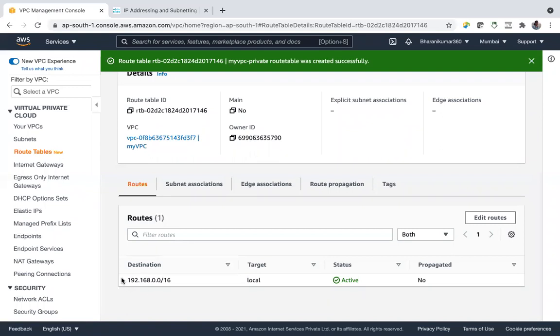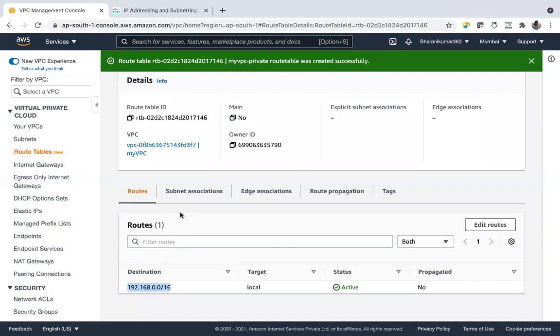By default, this route will be there. Without this, a route table doesn't make any sense. And if you want to add any other route, not only public routes, sometimes if you want to allow certain networks only, you can edit routes and add certain networks only.